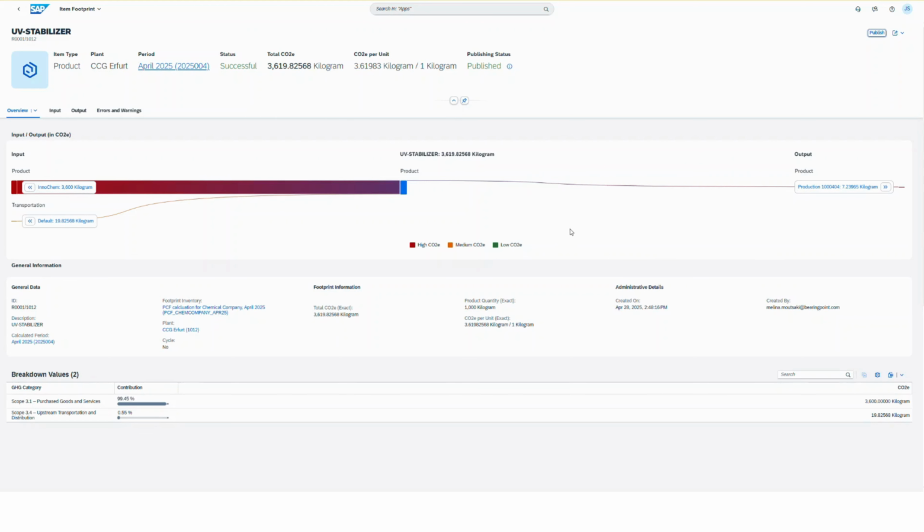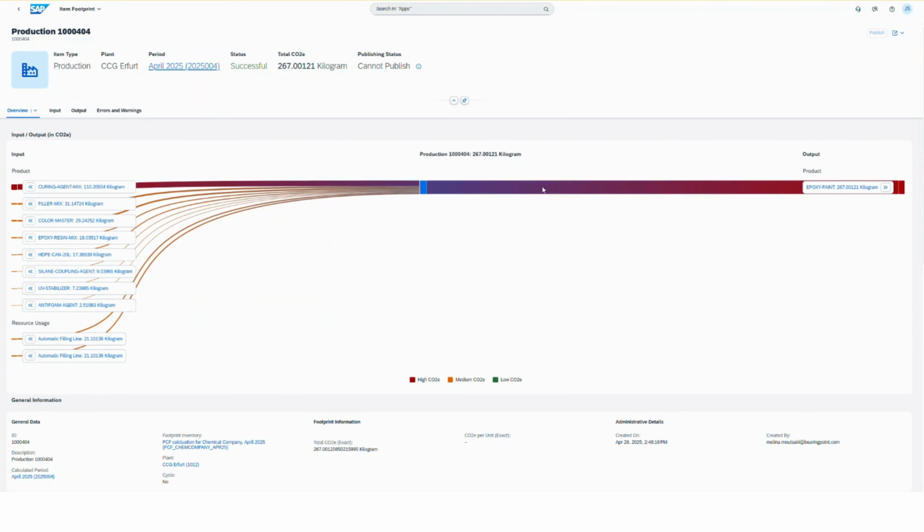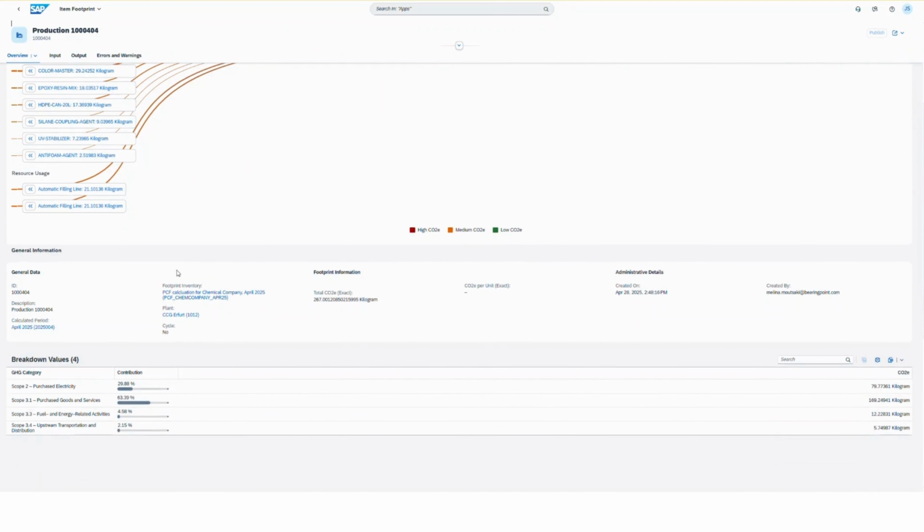As I mentioned earlier, we also have the item type production. And the Sankey diagram is structured like the supply value chain, allowing us to trace the journey from our received raw material to the production of a semi-finished, or in our case, the finished product, epoxide hards. While the structure remains consistent, the composition of our production process expands as additionally machine-operated scope categories are incorporated into the calculation, like for example the scope 2 purchased